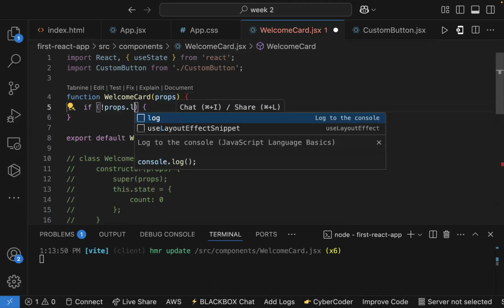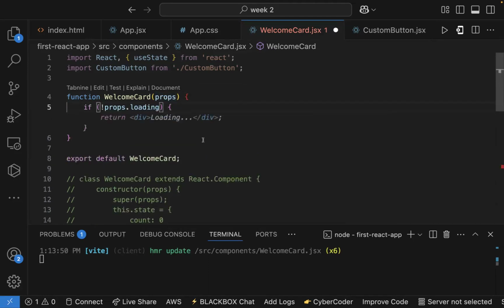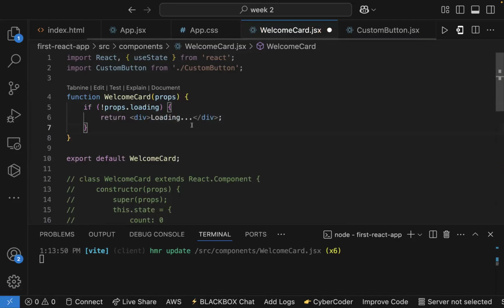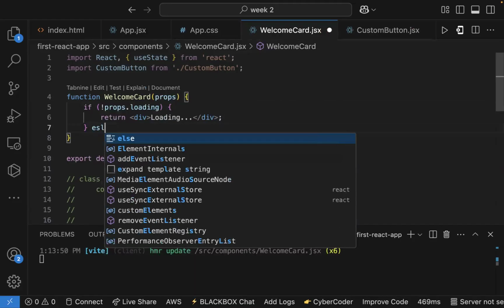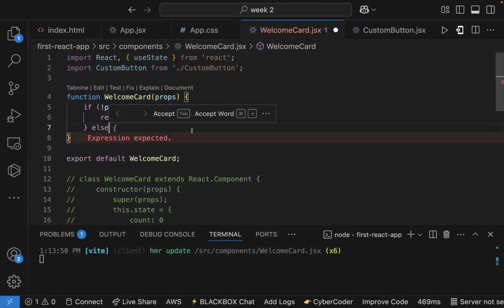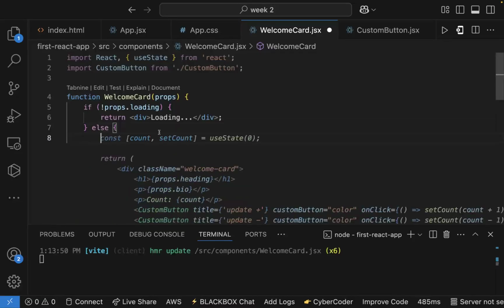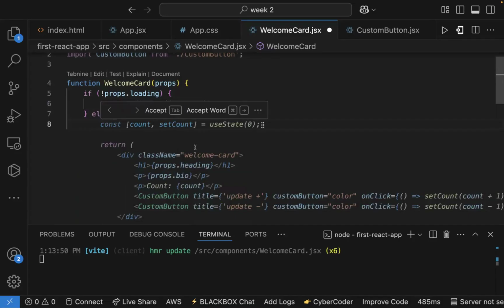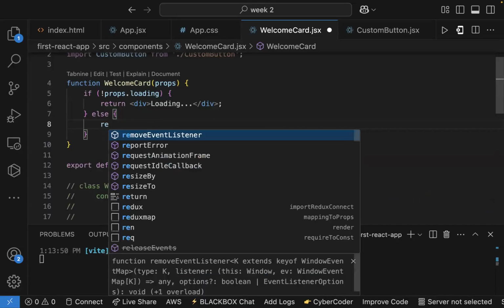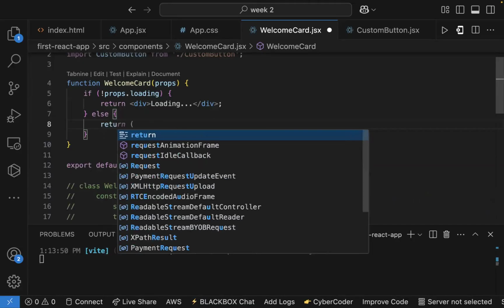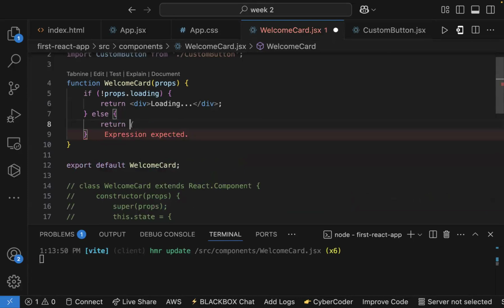So let's say if loading, we want to return loading, right? Then we'll say else, we want to return